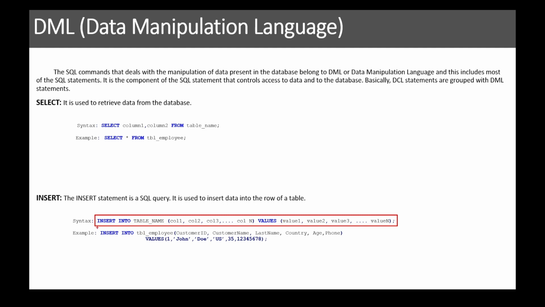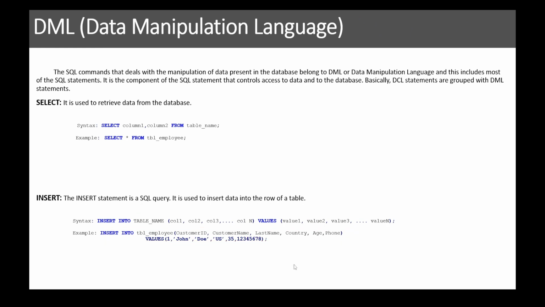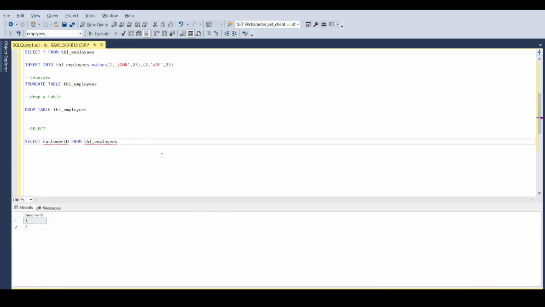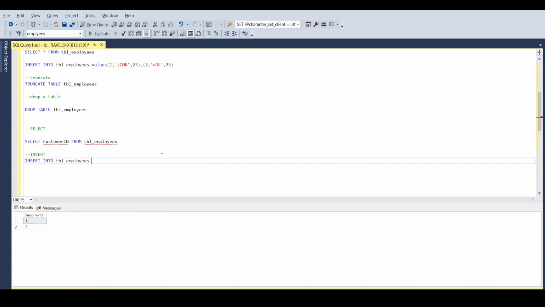So for example, you can see here, insert into tbl employee, and columns customer id, customer name, last name, country, age and phone, and the values is like this. Okay, so we'll see with an example. So switch to SQL Server Management Studio, write an insert statement. Okay, so insert into tbl underscore employees, customer id comma customer name comma age,